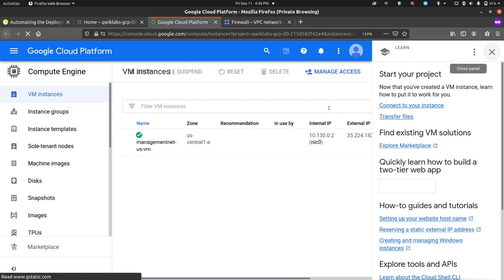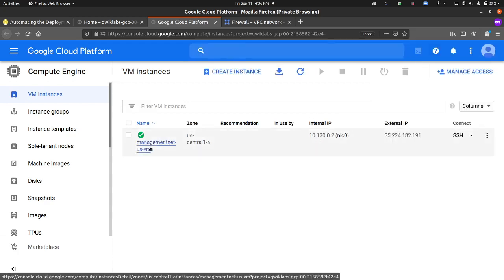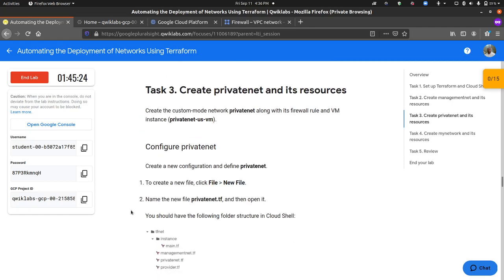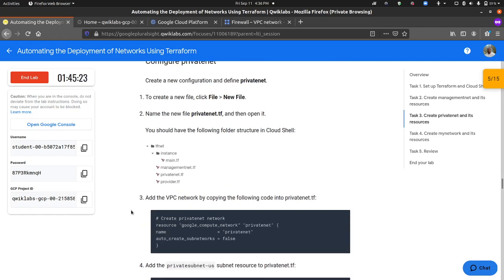Okay, let's close this. We don't need that. So that's the management VM we have created. We check on our progress and it works out. So let's go down. Now we will create another file,